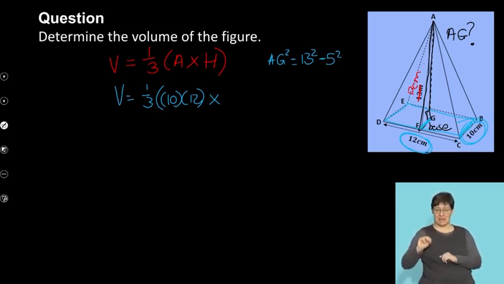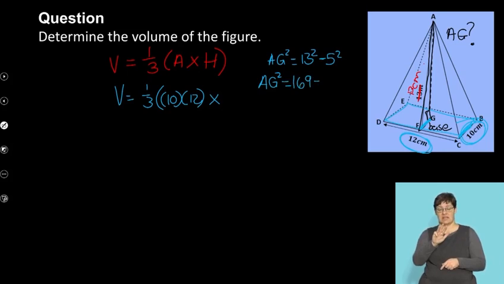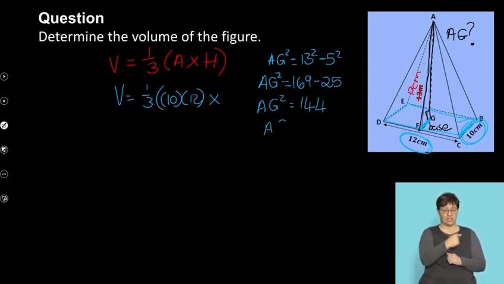So the base is going to be 5 centimeters, because we know that the perpendicular height will occur in the middle of the rectangle. So if the perpendicular height's in the middle of the rectangle, that means that FG will be half of CB. So if I do Pythagoras, I'm going to have that AG squared is equal to 169 minus 25, which means that AG squared will be equal to 144, which means that AG is equal to 12